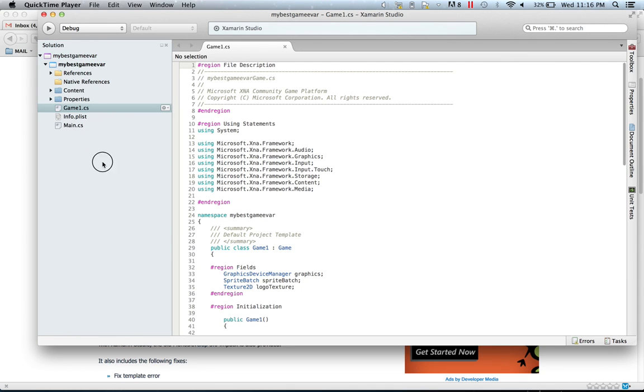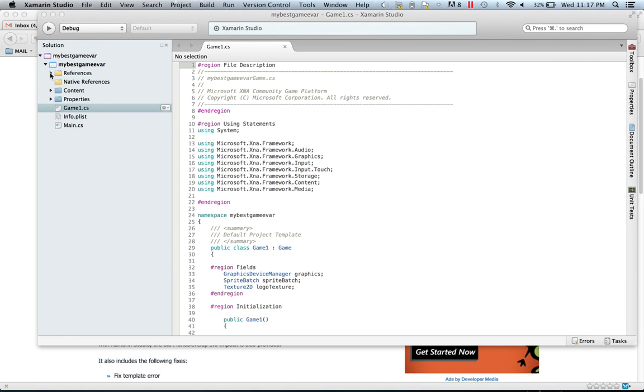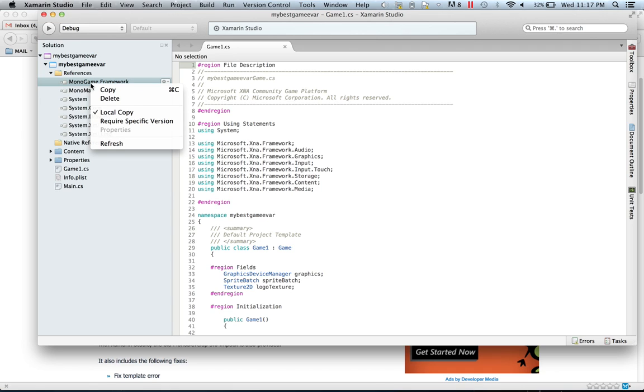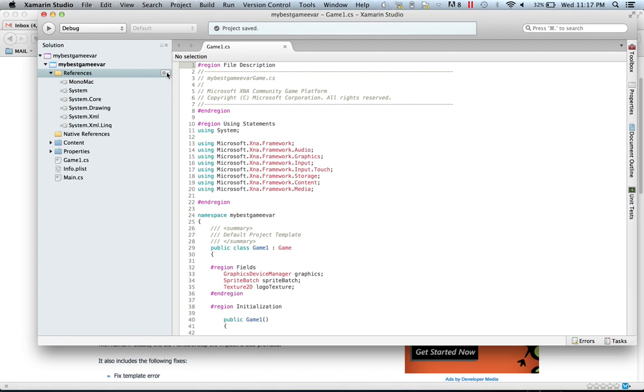And if we try and build this and run it now, it won't work. So what we have to do is open up references, this folder here on the left, and we're going to delete MonoGame framework, because this is the Windows one and we don't want the Windows one. We want to bring in the one we've just built. So we're going to right click on this little settings tab and hit edit references,